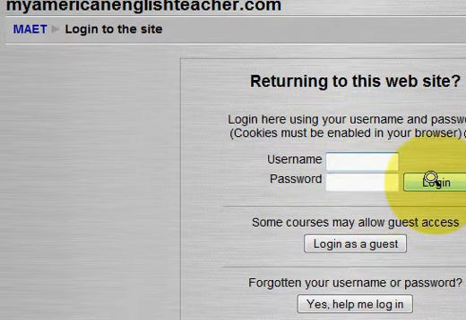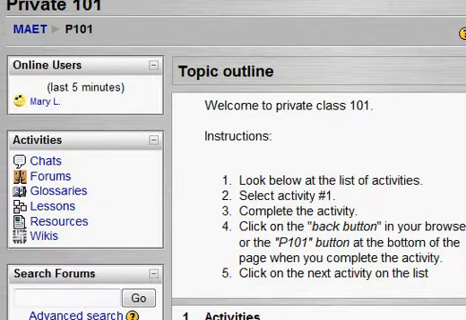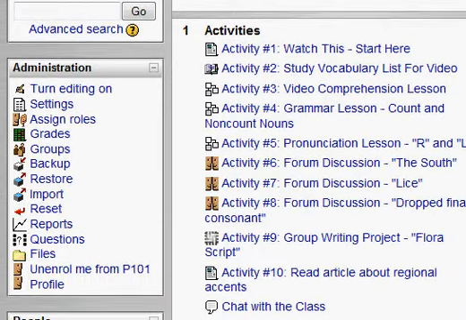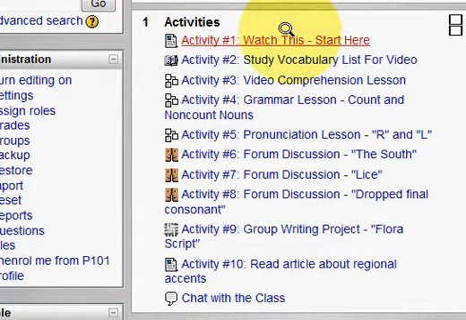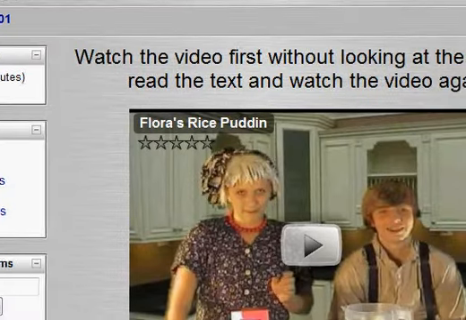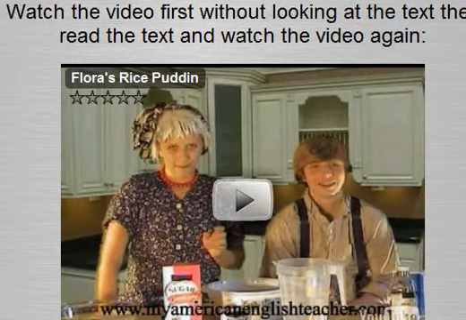So now we're inside of the course, and the first thing that you'll see in the center of the screen is a list of instructions, and below the instructions is a list of activities. And in this course, we'll go through the activities one by one, beginning with activity number 1. So I'll click on activity number 1, and that takes me to a video lesson. There are instructions. It says watch the video first without looking at the text, then read the text and watch the video again. We watch the video, the text is below,